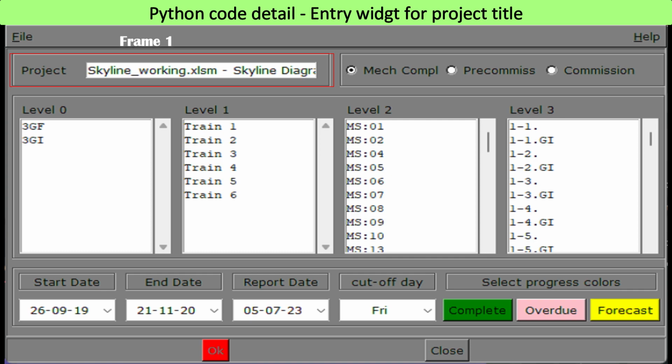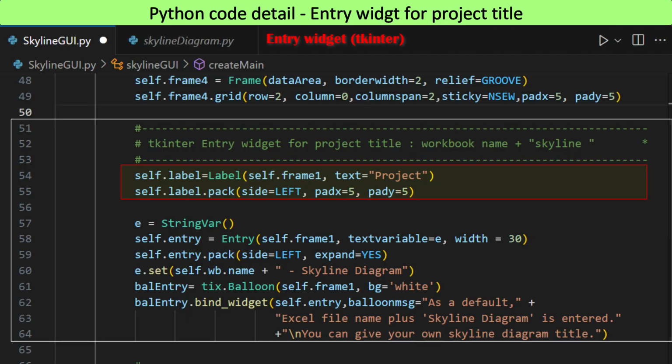Frame 1 contains 1 label widget and 1 entry widget to enable project title to be specified. Both are contained in Frame 1 and handled with Packer Geometry Manager. A label widget is defined to display text with project as text. An entry widget is defined to collect input from a user for project title. To offer a default project title, file name plus Skyline diagram, to entry widget,